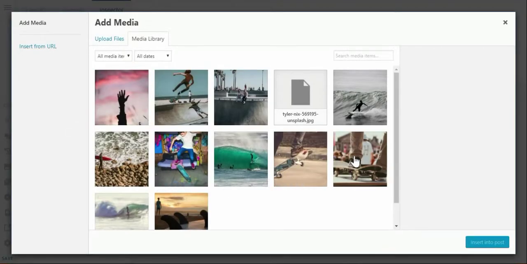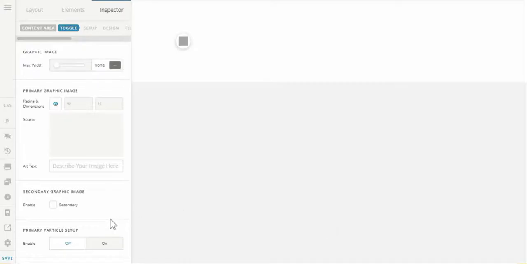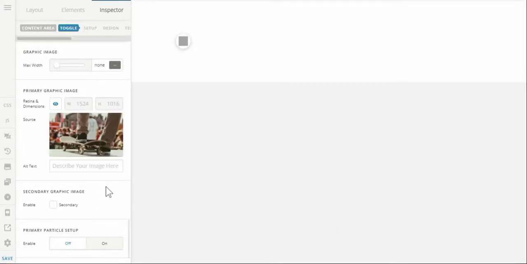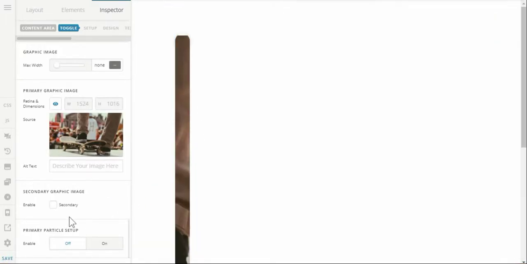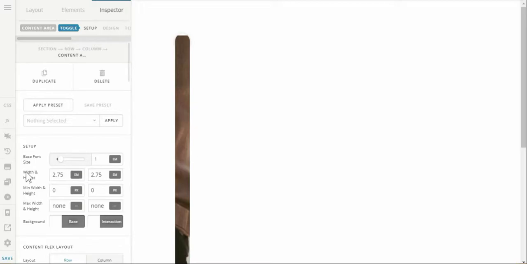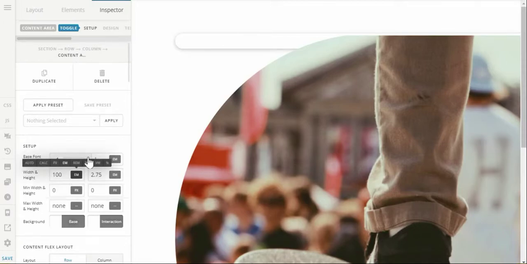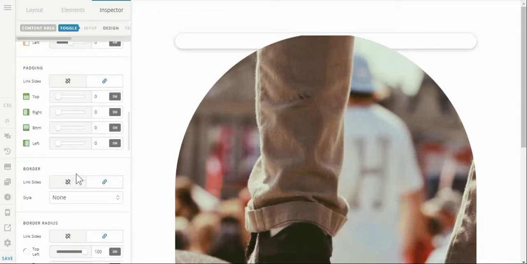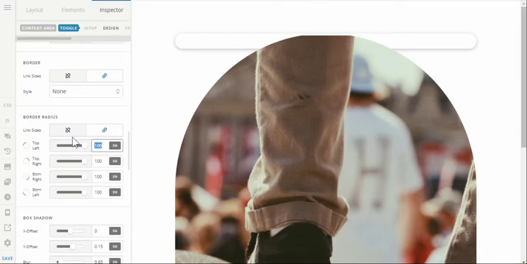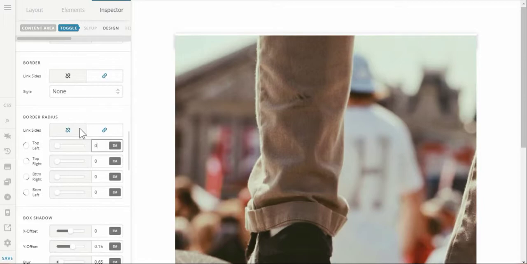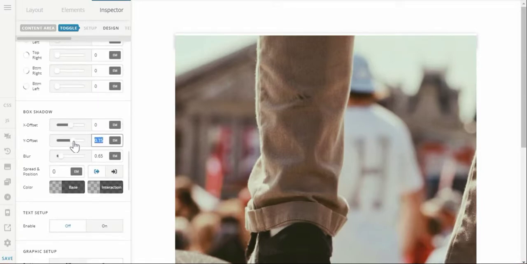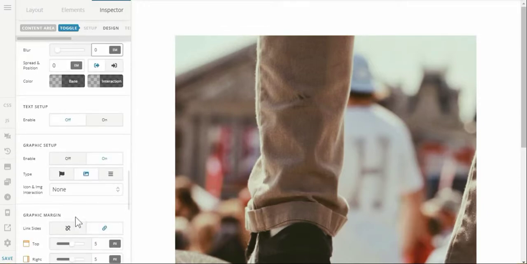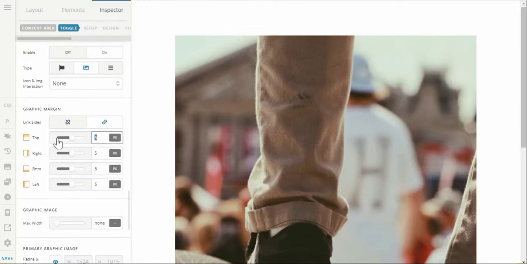So let's say this is your video thumbnail. Insert that, and you'll get this out of the box, but don't worry. Let's first set the width of the toggle to span the whole width of the container. So let's next eliminate the border radius, so set that to 0, and then let's also eliminate the box shadow here just for demonstration. Eliminate the margins,